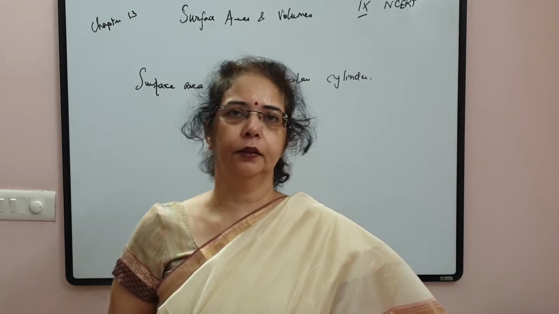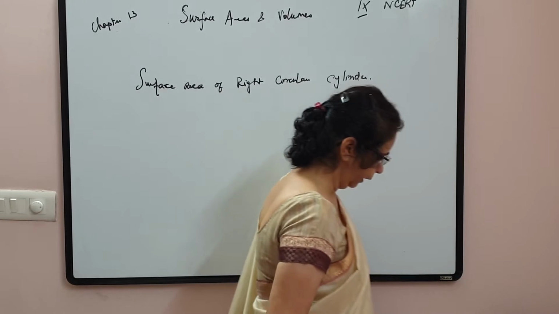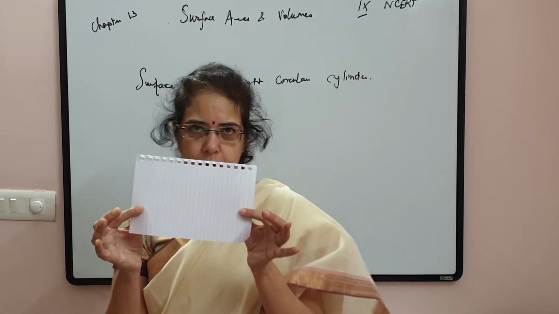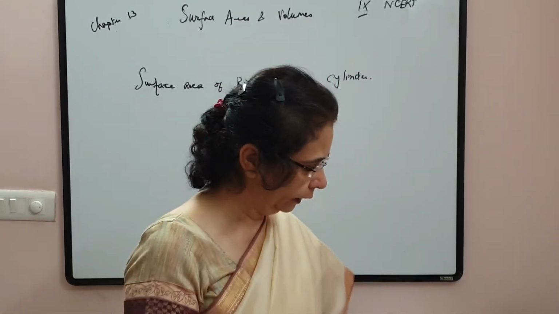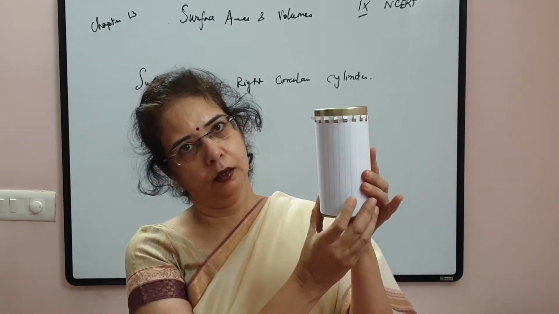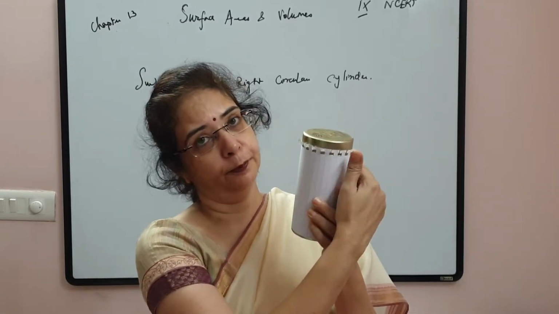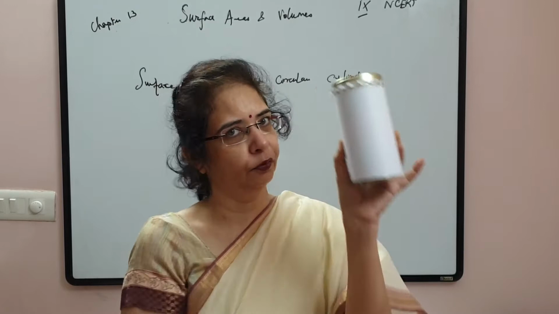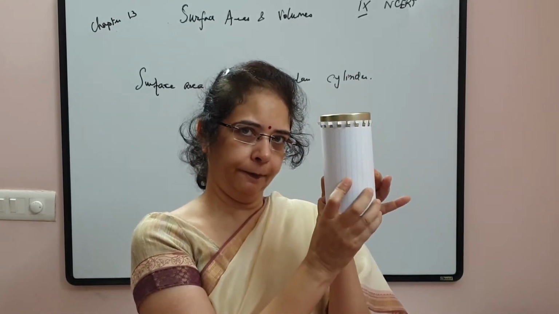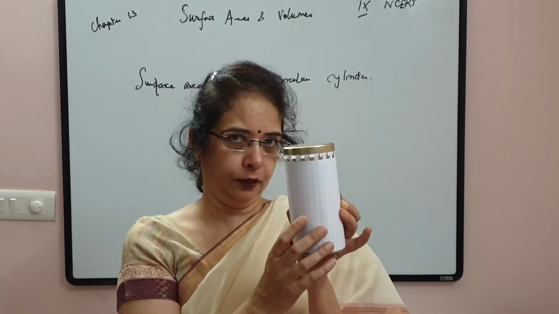Now how do we calculate the surface area of this cylinder? For this, children, take into consideration, say you have a piece of paper. Let me take this piece of paper, and from this I have to make the curved surface, say like this. Now I have to find out the curved surface area of this cylinder. Look at this page. This page is covering the curved surface area.